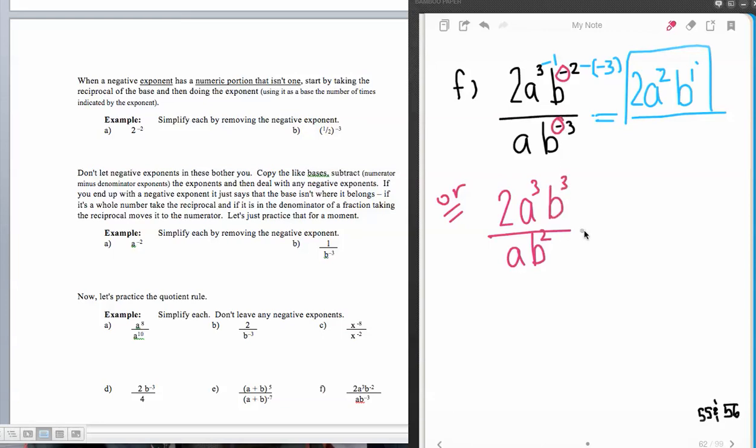And now I can do my quotient rule, and 3 minus 1 is 1, and 3 minus 2 is 1 as well. And so I have 2 times a squared times b to the 1st power. The same answer I got before, but this time with no exponent rules here that deal with the integers. Okay, we'll come back and finish talking about the couple of problems